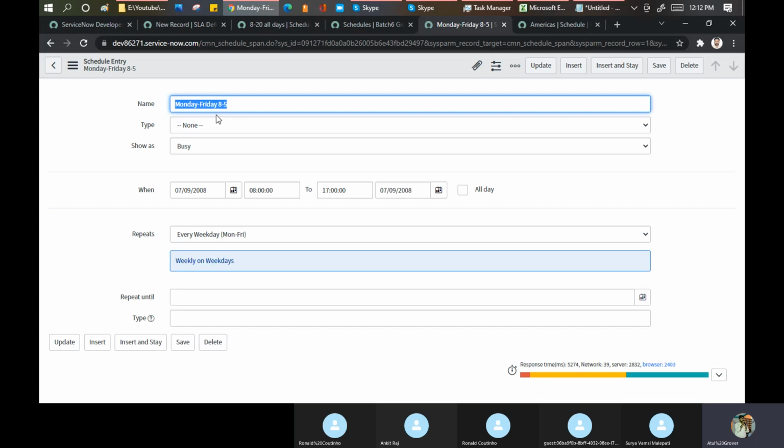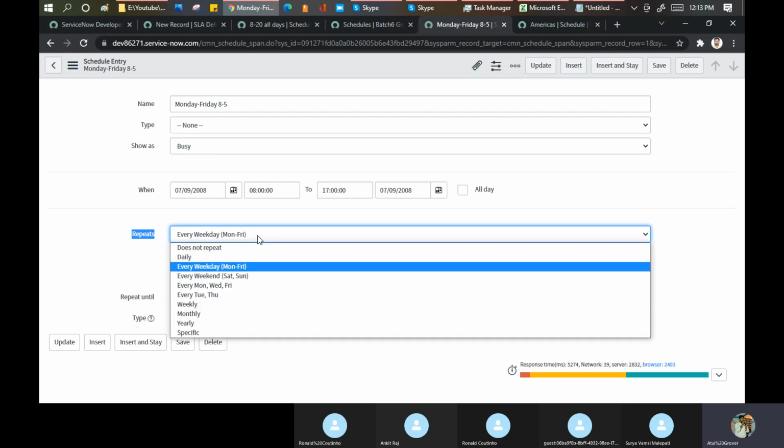Look, here it is written, ServiceNow gave options. Monday to Friday needs to be counted, okay. Mark as busy, okay. When will it start? It will start on this day from 8 in the morning till 5 in the evening. Like in our Outlook, we have meetings to be set up. Now it can be a single instance, it can be a recurrence as well. If you want to do the recurrence, we have an option called repeat here. And how can you repeat?